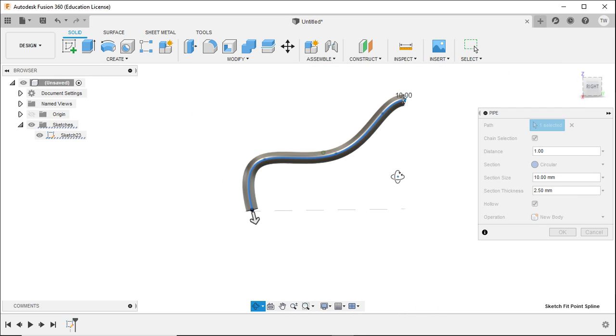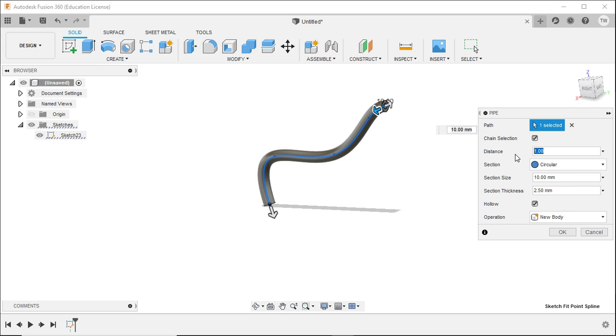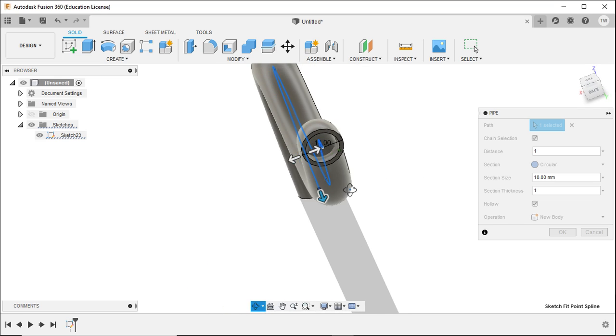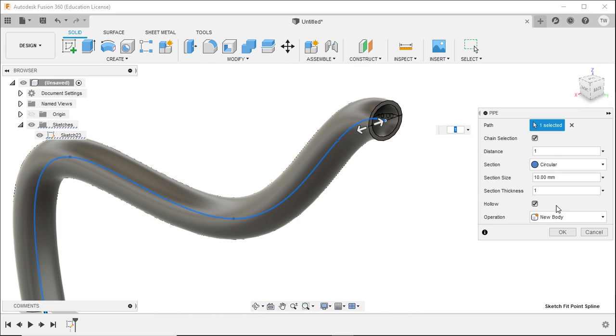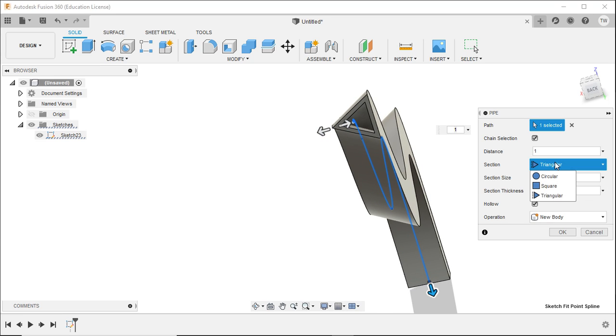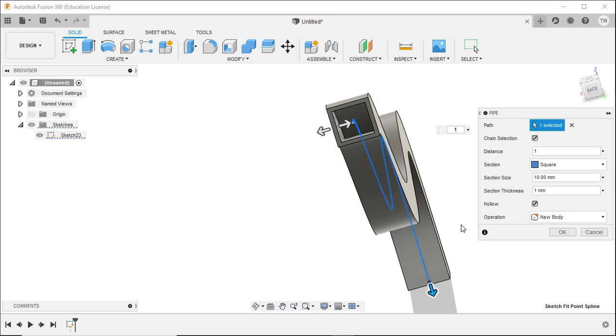And I can adjust the distance. The distance is a ratio, so if I do 0.5, it will go through half. I want it to be 1. Section thickness, I'll also do 1. So, different stuff you can do. Triangular's kind of a weird pipe. Not sure how you'd make that in real life, but